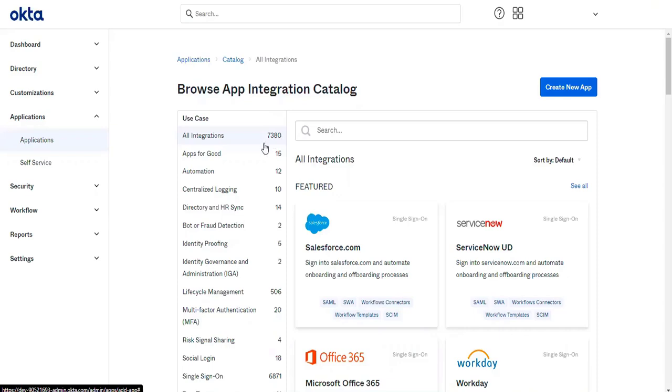I think two months back I saw 7,340 something. So in some release they have added new applications, 40 plus new applications I think. That's why it became 7,380. Now, if you go and refresh after two or three months, you may see 7,400 something. So it will keep on increasing. It is a dynamic one. You can search each and every time you are going to integrate.